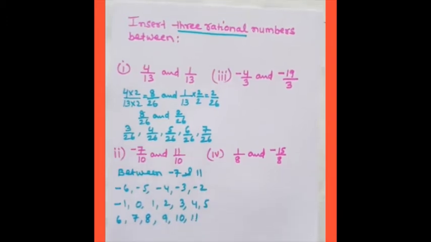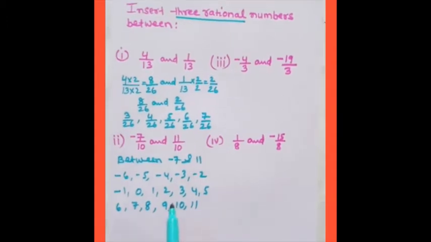So, what can you do here? You want how many numbers? Only 3. But how many are you getting? See here: 1, 2, 3, 4, 5, 6, 7, 8, 9, 10, 11, 12, 13, 14, 15, 16, 17, 18 numbers you are getting. You can take any 3 out of this, like minus 6 by 10, minus 5 by 10, minus 4 by 10, minus 3 by 10, minus 2 by 10, minus 1 by 10, or if you want equal distance between them, you can choose like this.